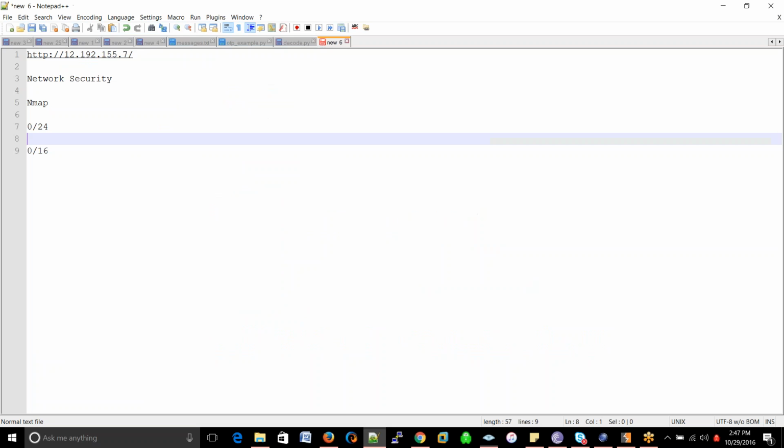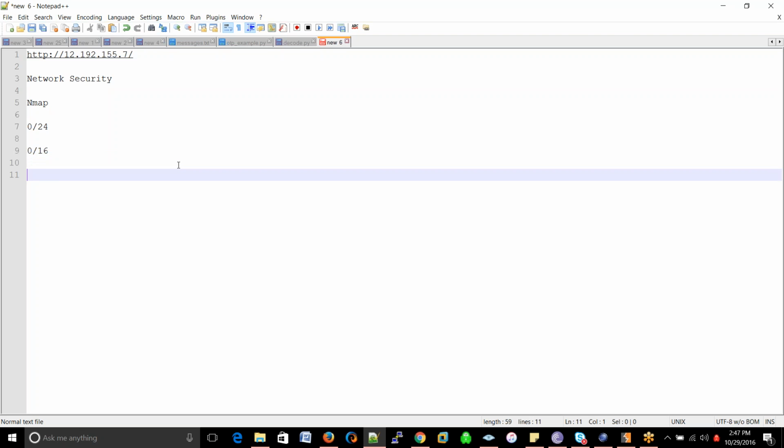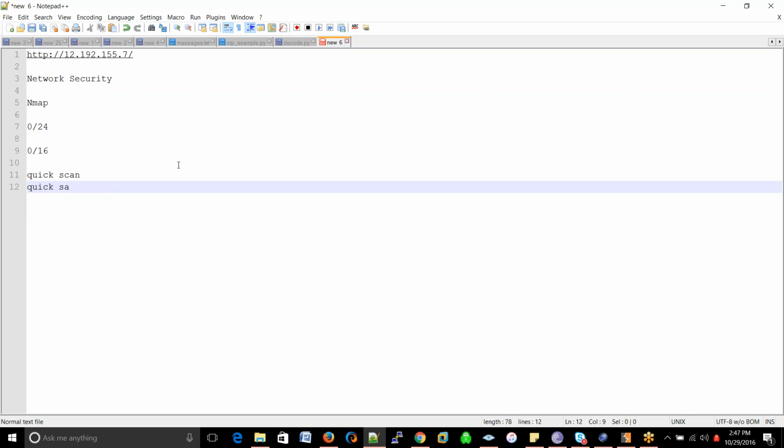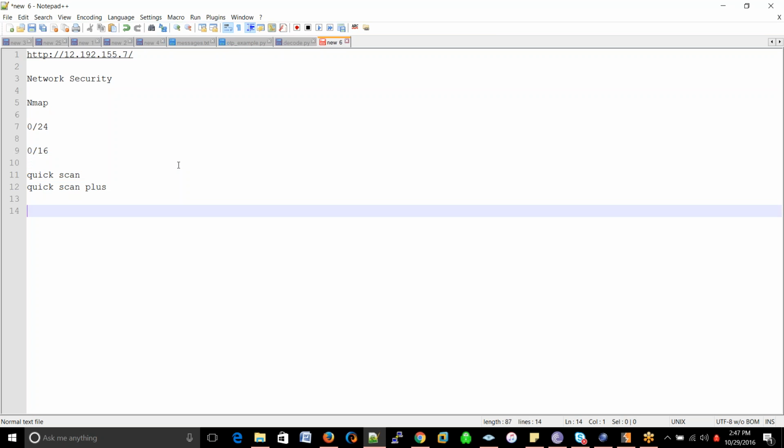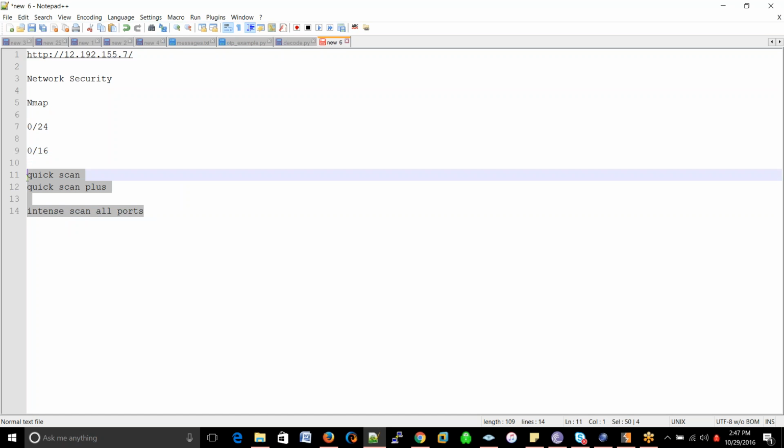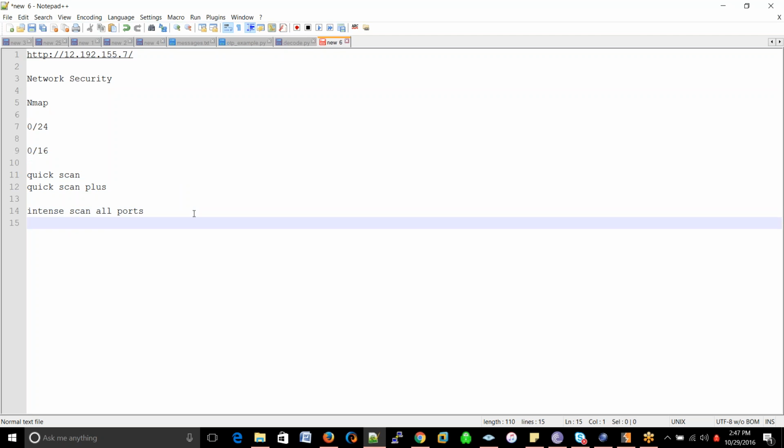So in quick scan, there are 3 important profiles you need to know: quick scan, quick scan plus, and intense scan all ports. These are 3 commonly used ones. And there is another, ping scan as well. That's an interesting one. Although its usage is very basic and straightforward, it comes in very handy